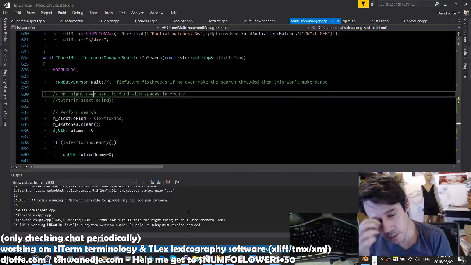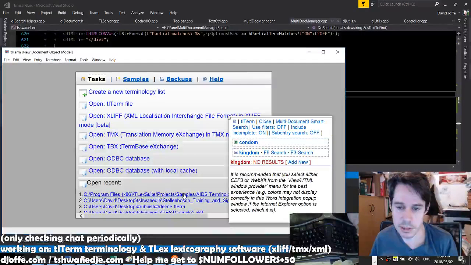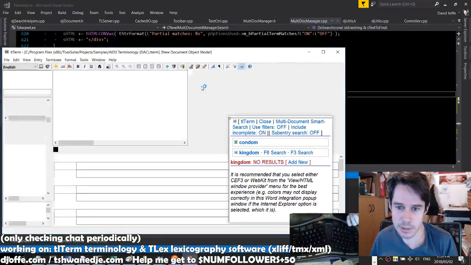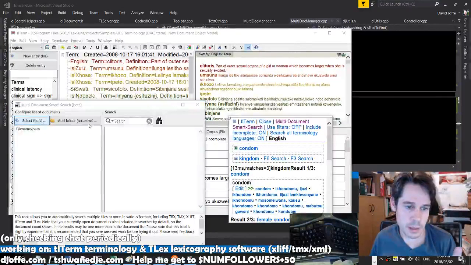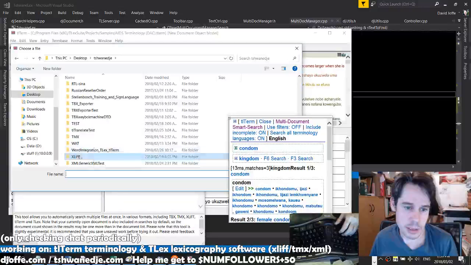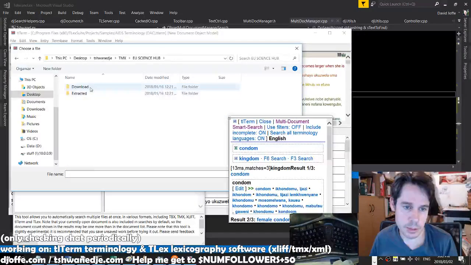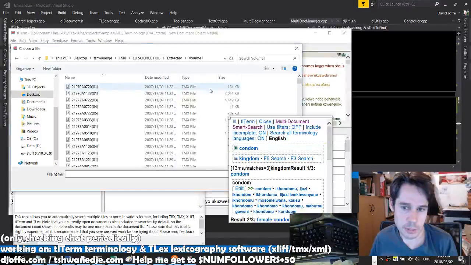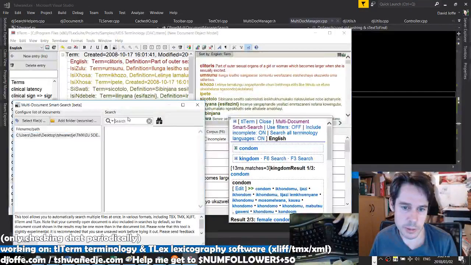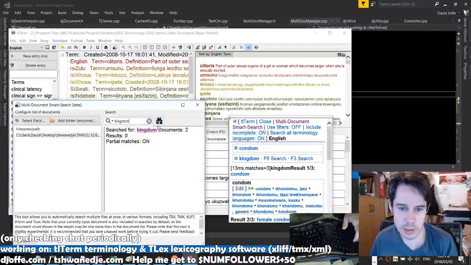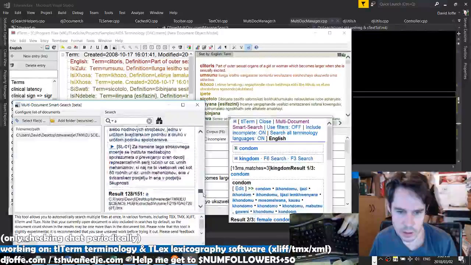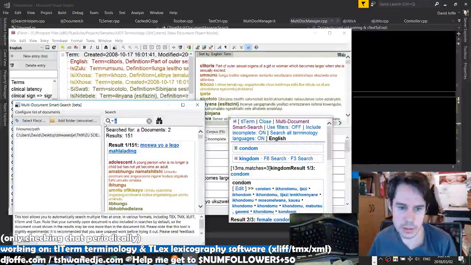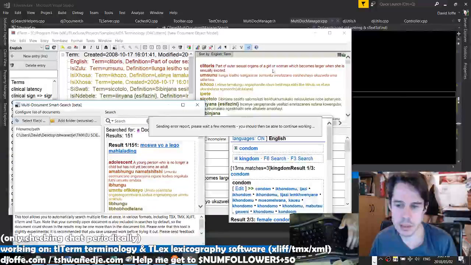So the idea is if we add a TMX there, normally it just lets us search it, right? And so say we have a document open in TL2, we go multi-document smart search. Now we can select, say, a TMX, translation memory exchange, and I'm going to use some of the EU sign sub ones. So normally we can just search it, right? Kingdom, and it shows results with kingdom. Right? Okay. Now what I want to do is say we click this button and